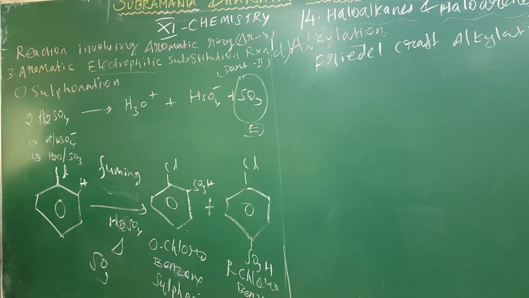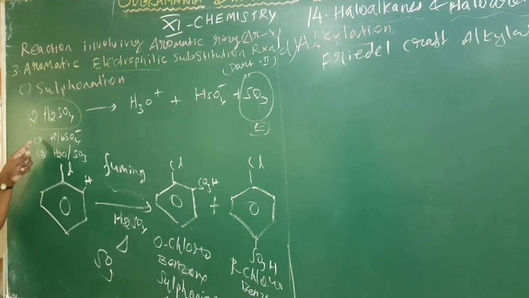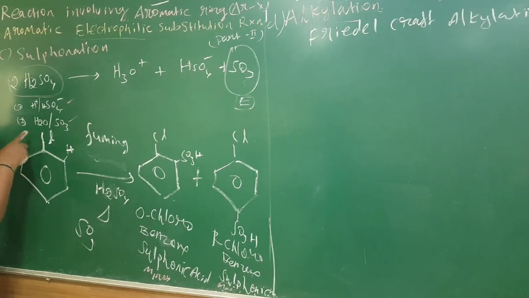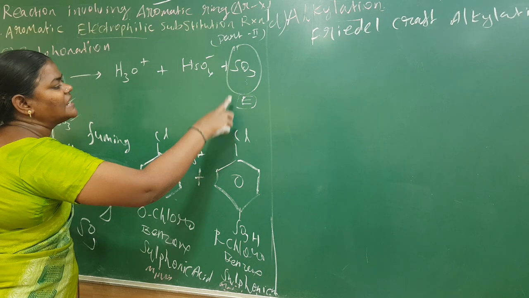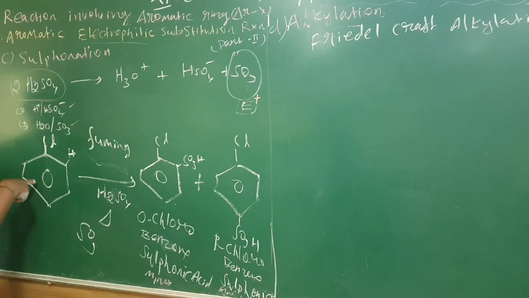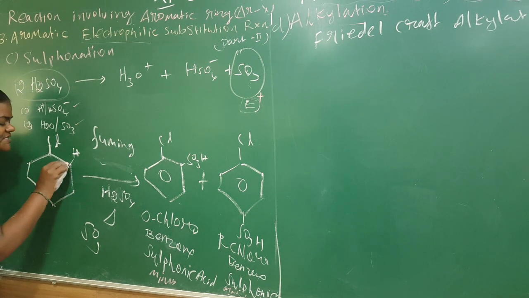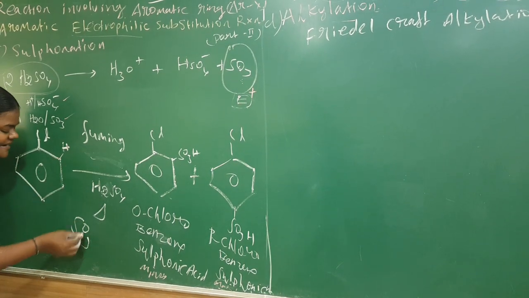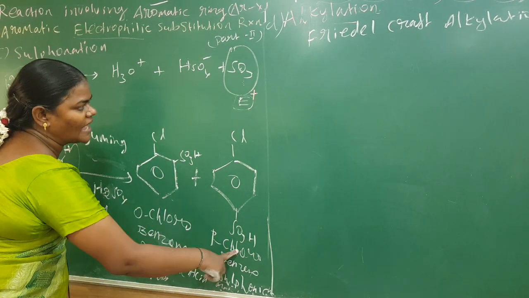This is very important. What is meant by sulfonation? You take the fuming concentrated sulfuric acid. I can separate 2 molecules: the first molecule gives positive and negative ions, and the second molecule I can separate into water and sulfur trioxide. The sulfur trioxide formed is called our electrophile. That electrophile attached to the aromatic benzene ring is called the sulfonation reaction. Each corner has a CH bond, and this hydrogen is replaced by the SO3 group, which is called sulfonic acid, ortho and para sulfonic acid.